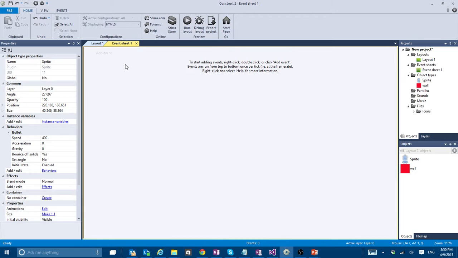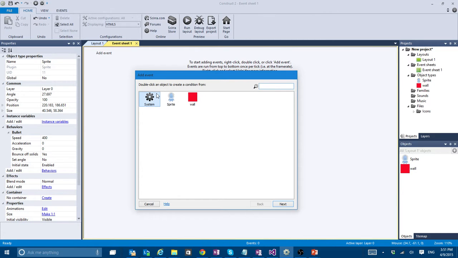With other platforms, with GameMaker, with Cocos, with Unity, you have to program everything. Here you have to program some, so that's why this platform is so easy, but still even that is quite simple. So I'm going to add the first event, and in this case you always pick which object you're going to affect,